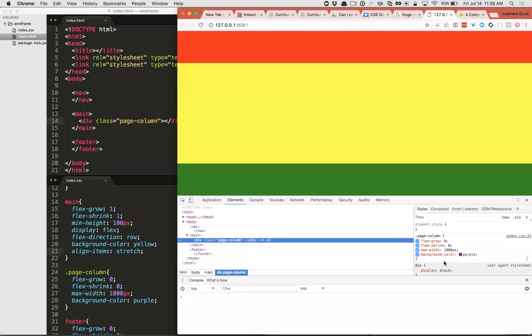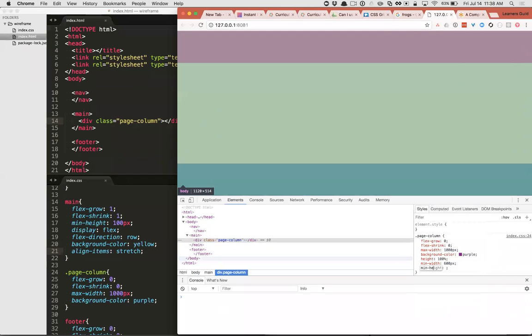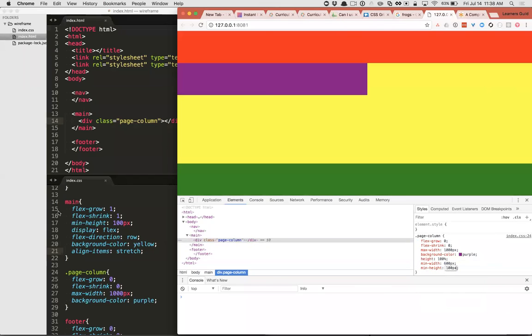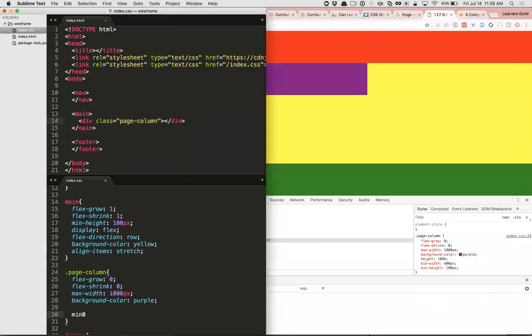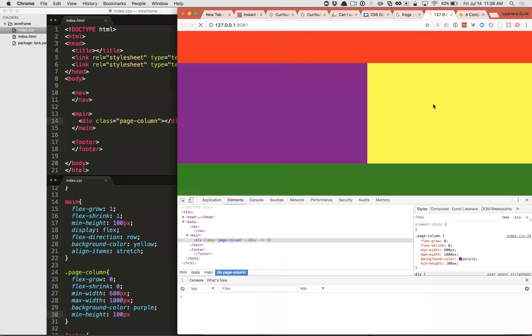Why is this not? What if I just give this a height 100%? I don't like that though. This has a 0 height and a 0 width. What if I give this thing a min width? That's probably it. No? Why are you not? Let's just do that now so I can see it. I'm just going to do this temporarily. I think we need the min width. And I'm going to give it a min height temporarily because I'm not sure why I'm not seeing this thing.